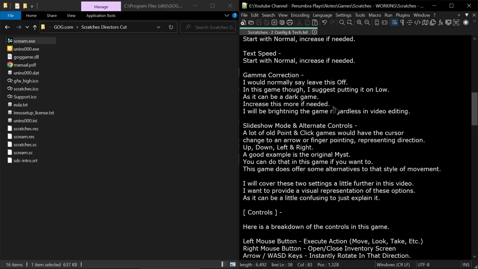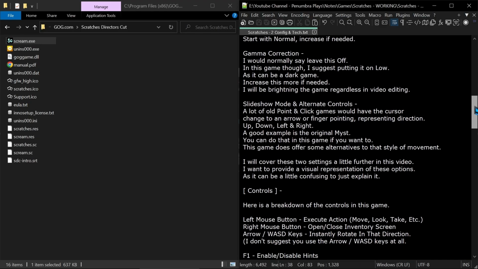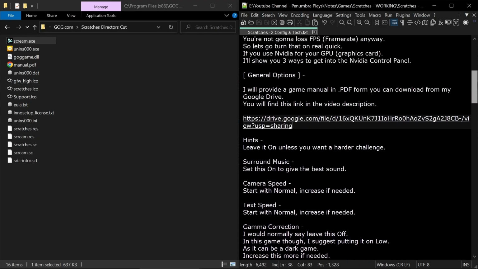You can do that in this game if you want to. This game does offer some alternatives to that style of movement, though. I will cover these two settings a little further in this video. I want to provide a visual representation of these options, as it can be a little confusing to just explain it. So that's that category of